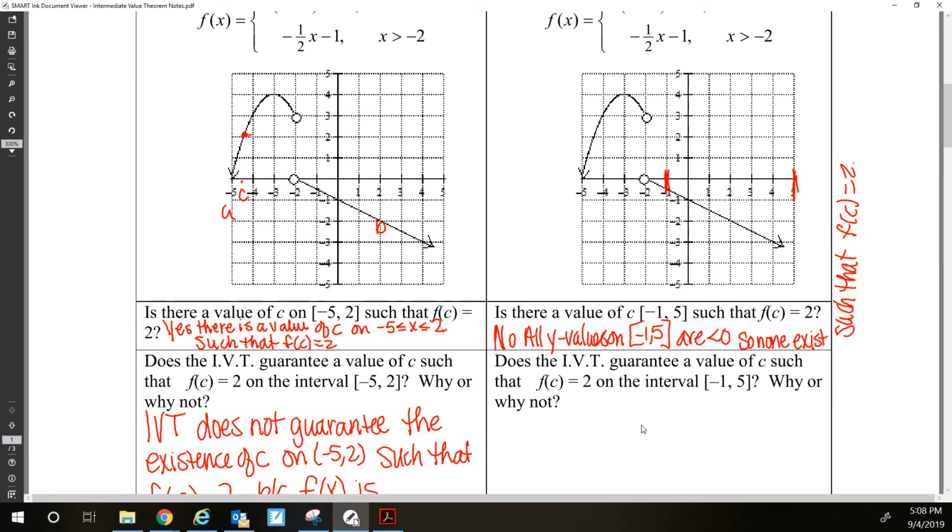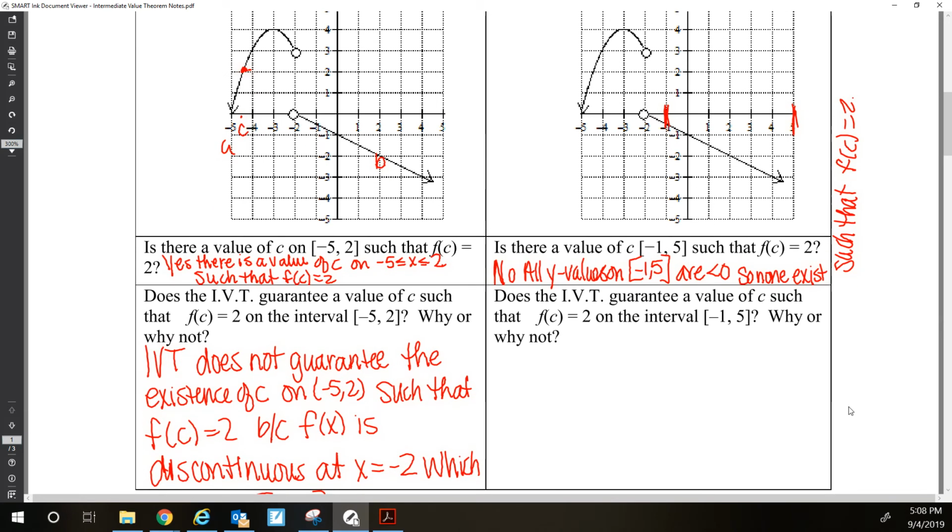All right, so does the IVT guarantee a value of C such that f of C equals 2 on the interval -1 to 5? Why or why not? Even though we are continuous this time, right, we've got the continuity part, no jumps, no breaks, no infinite discontinuities, our y values are not in the right area. So although f of x is continuous on -1, 5,